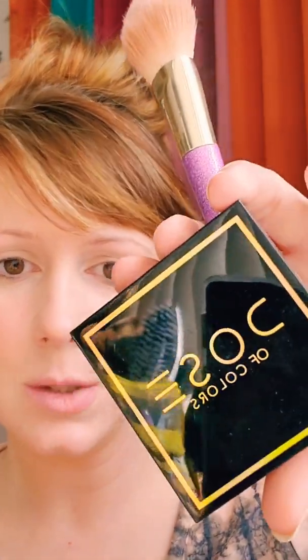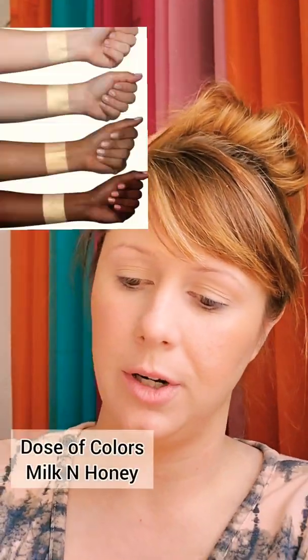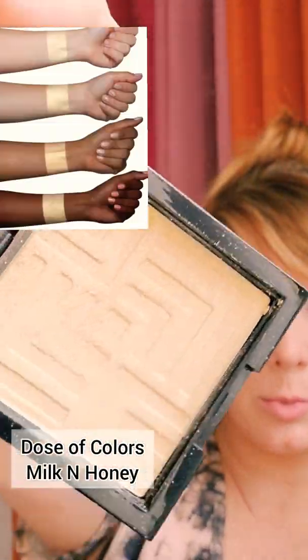One more piece. We're gonna go in with a highlighter. I love the dose of color. This is called Supreme Glow Highlighter in Milk and Honey. Let me show you what it looks like. So pretty. So it's a soft gold. It has a slight shimmer to it, but it's not overly glittery, so you won't be blinding anybody with your natural look. And you're just gonna pop that right on top of the cheekbone, and you can see the glisten